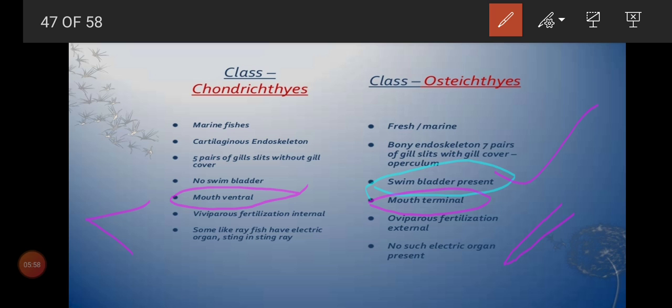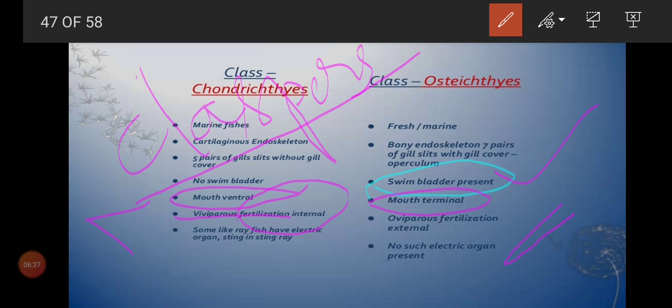And here they are viviparous, they give birth to their young ones, and fertilization is internal. Why is the fertilization internal? Because they have a very important structure called claspers. What are claspers? Claspers are small appendage-like structures which can be seen in the males of these kind